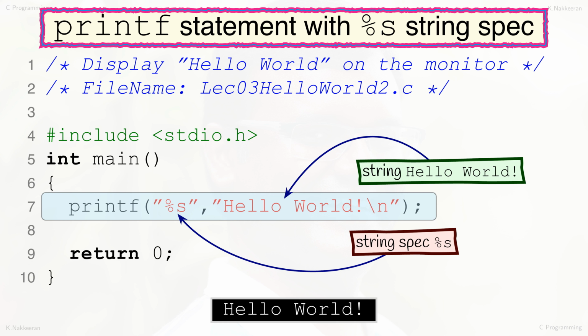Output of the execution of the exe file of this C program remains the same as shown at the bottom of the screen. As the string to be displayed on the monitor using printf statement is provided through a string spec, we have the flexibility to manage that string in the C program. We will look into that step by step by first starting with our next C program example written for integer